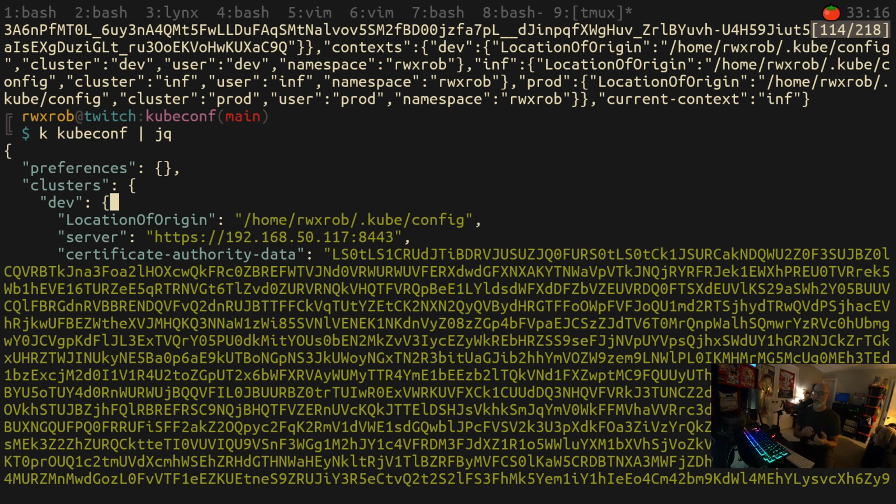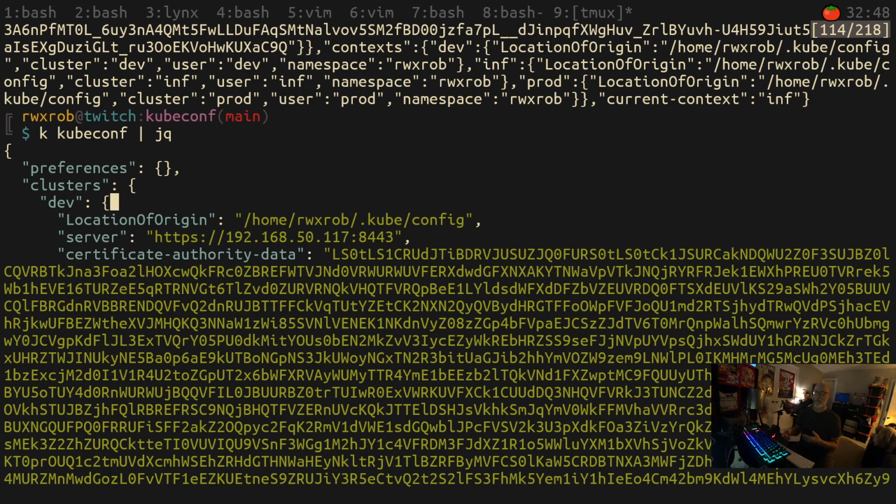Just like we have deployments and pods and config maps, there is a standard Kubernetes object a lot of people don't know about called config, and that is what is represented in this jq output, as opposed to what is represented in the kubeconfig file, which is a sort of version of it, but it's a legacy